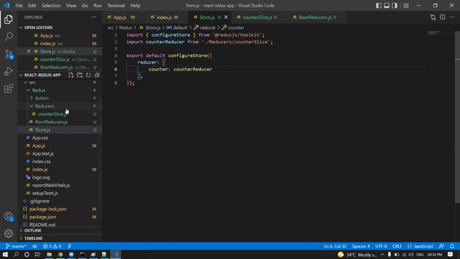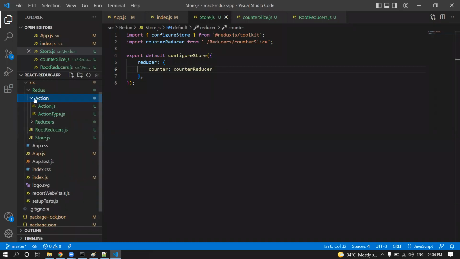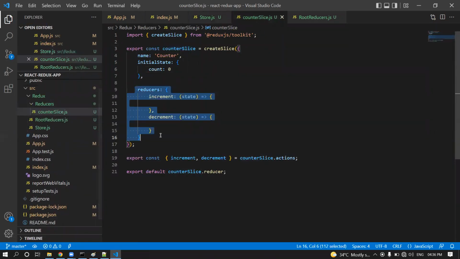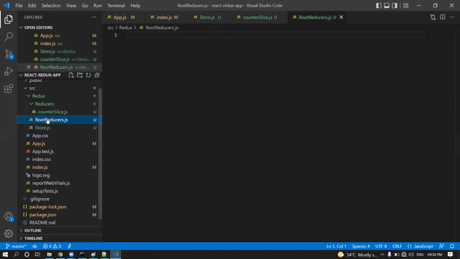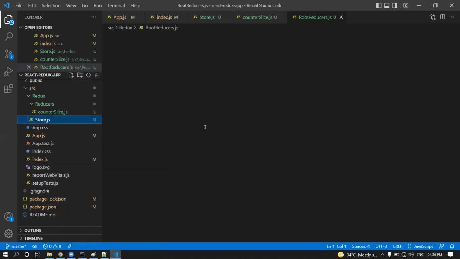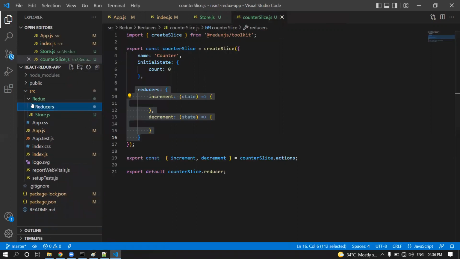Okay. So here, a separate action we don't need, because I already created the action inside the reducer. I already created the root reducer, we don't need it. Delete this one also. So inside the reducer,